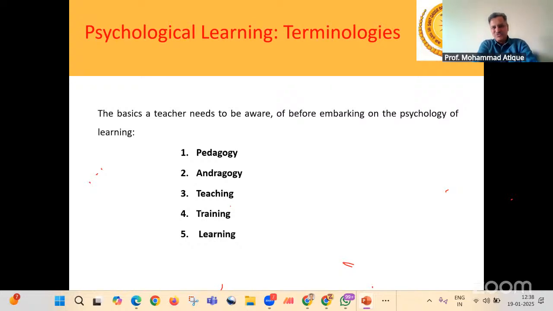We'll start with the very first term, pedagogy. What is your perception about pedagogy? If any one of you can unmute yourself, you can come up with some answer. I'm comfortable in Hindi as well as Marathi, so you have multilingual support. Whatever your understanding is regarding pedagogy, if any one of you can come up, that will be the starting point, and then gradually we'll move ahead. Anybody who wishes to answer? We use it in our day-to-day life.